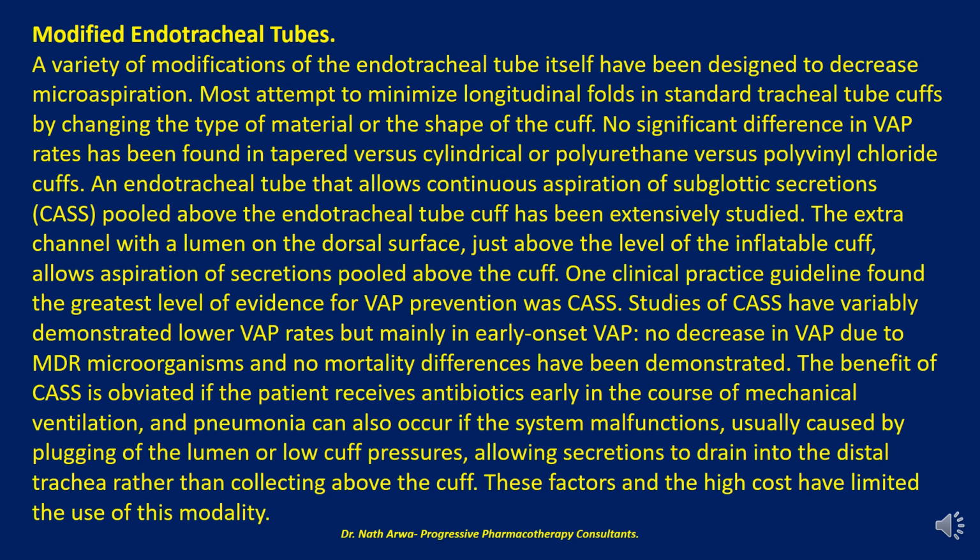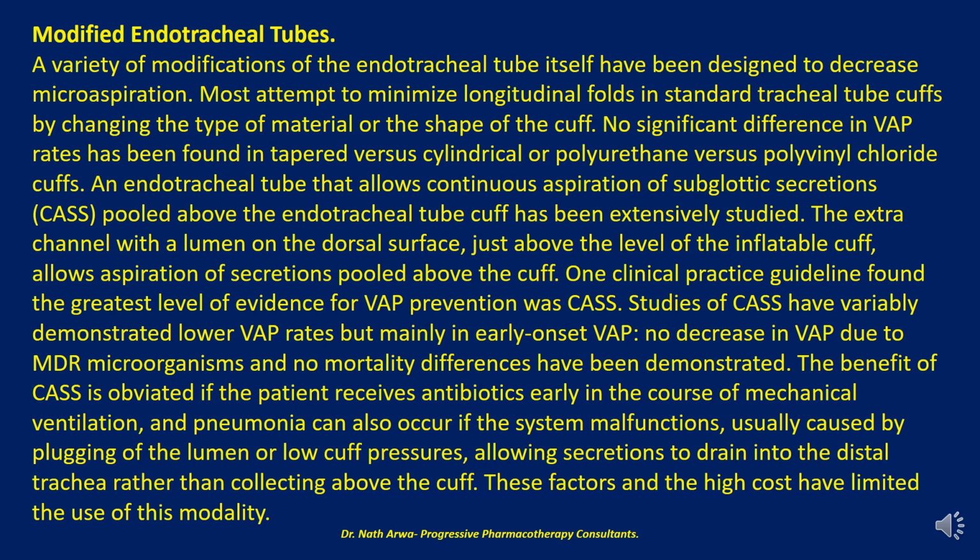No significant difference in ventilator-associated pneumonia rates has been found in tapered versus cylindrical or polyurethane versus polyvinyl chloride cuffs. An endotracheal tube that allows continuous aspiration of subglottic secretions, abbreviated as CASS, pulled above the endotracheal